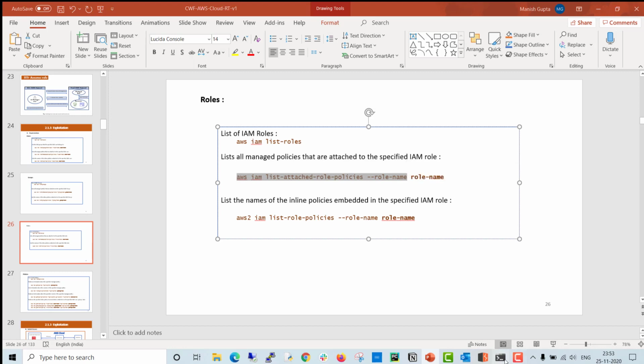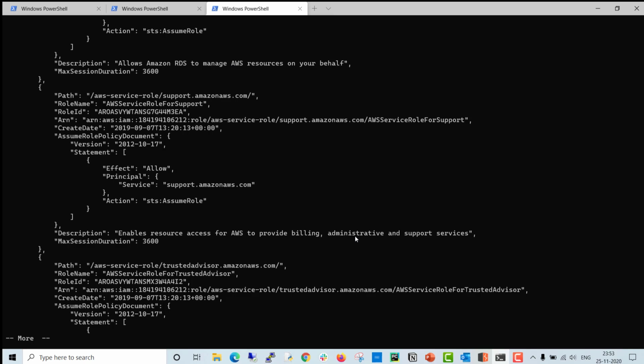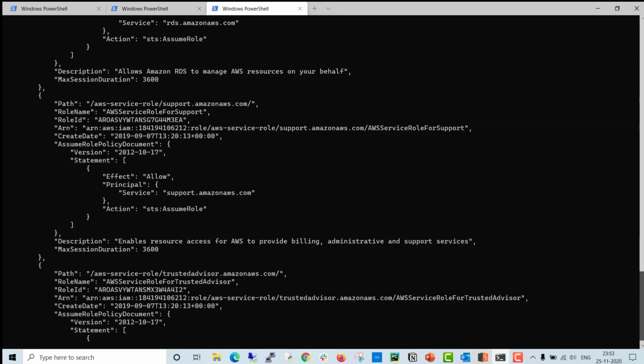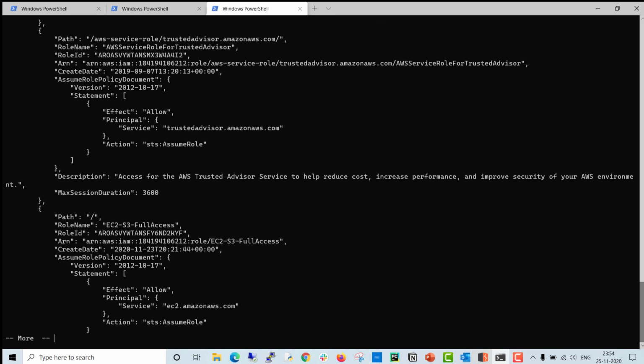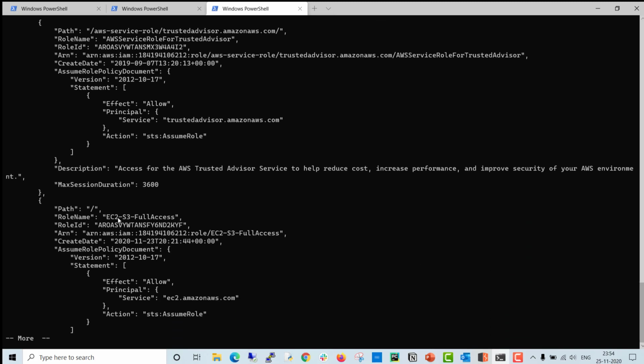I'm just copying this one, and you have to specify the role name. Suppose you need only one role name. There are a lot more roles, but suppose I'm just choosing this role, EC2 S3 full access. Now I just need to specify the role name,